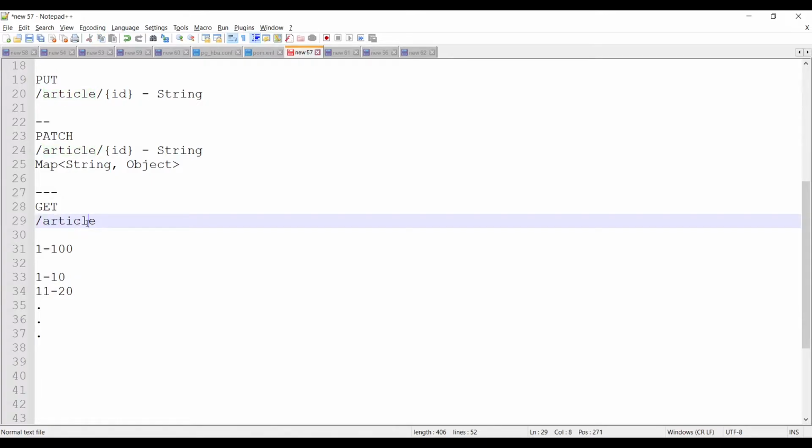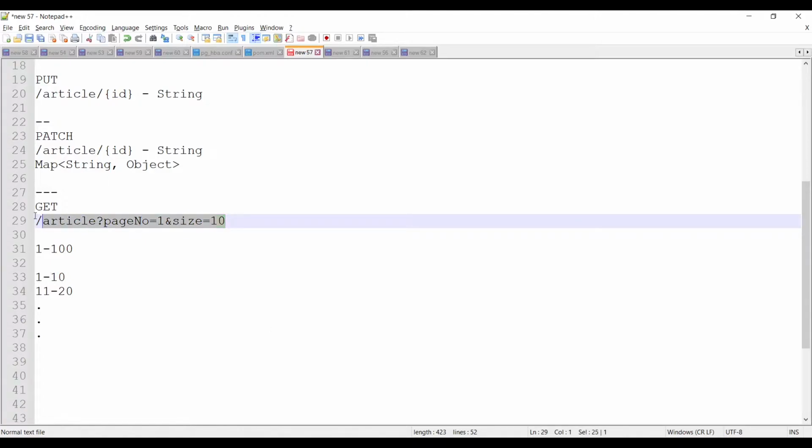To separate your URI terms from the query params, you use a question mark and then you specify your key value pair. The first is page number, and you typically want to write it in camel case, and the key and value are separated by an equal sign. This could be anything, say 1, and this is one key value pair. Now to separate multiple key value pairs, you use an ampersand and write the next key value pair. In our case, it would be size. So let's say a size of 10.